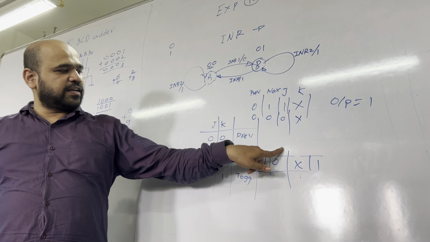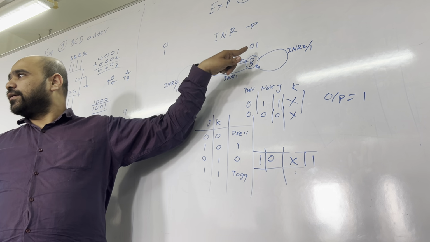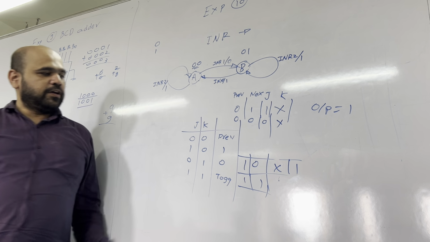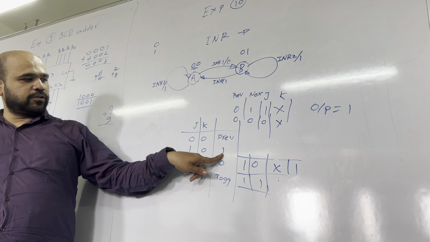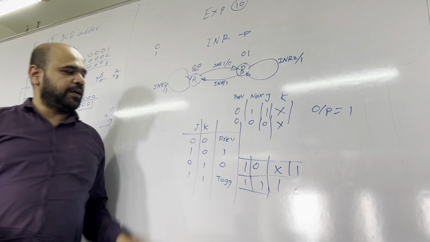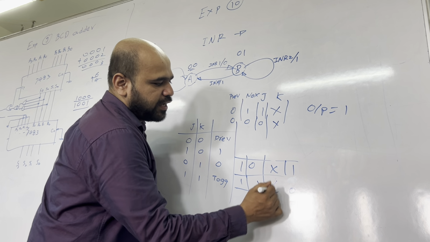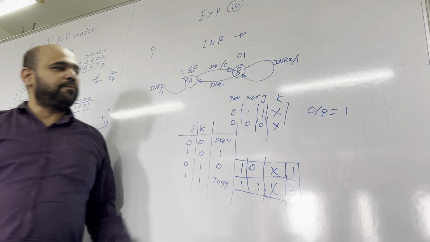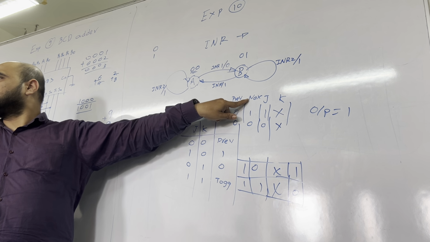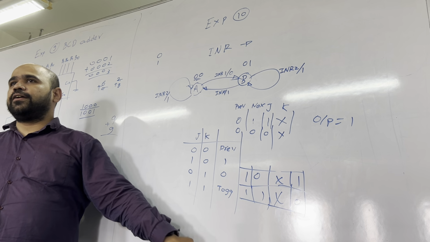So this is previous state, next state, J input, K input, and last case is 1 to 1, B to B. Clear? So what will happen? 1 to 1 you have to keep, so you need previous state 1 as output, so J can be 1, so 1, 0 will work, and previous state is to be maintained which is 0, 0, so 0, 0 will work. If you see this becomes x 0. So this map you have to remember. Now with this map and the current input, you need to design this circuit, solve for J flip flop, K flip flop, and make the circuit and simulate.